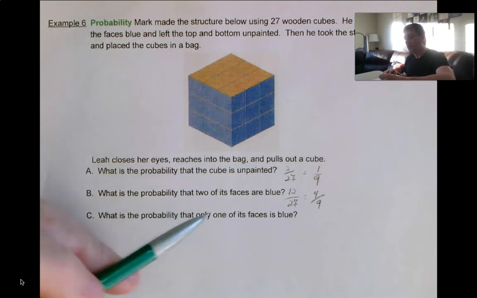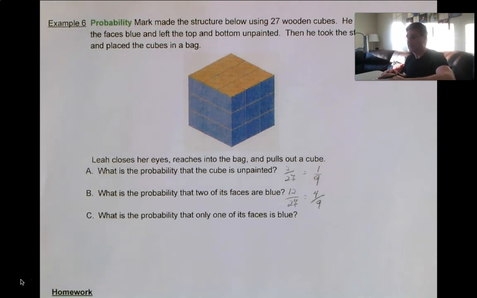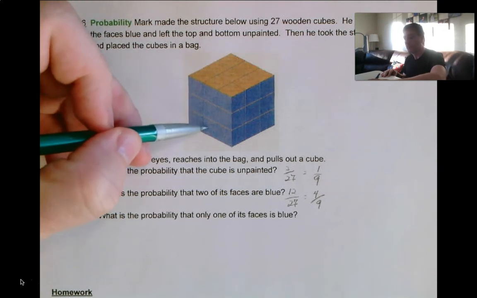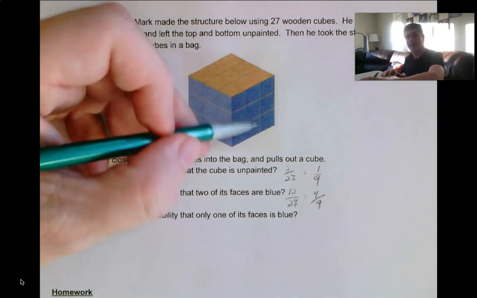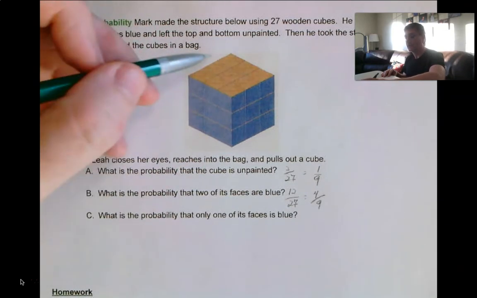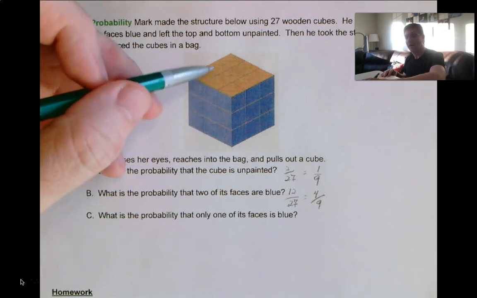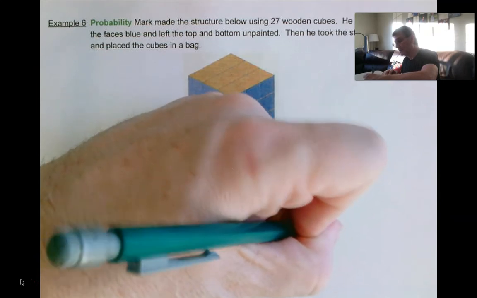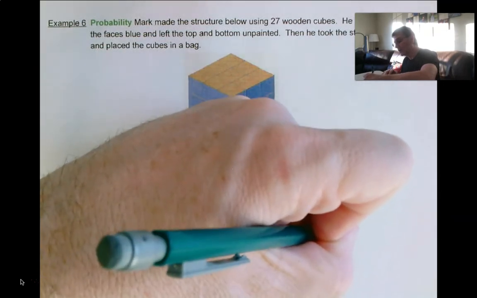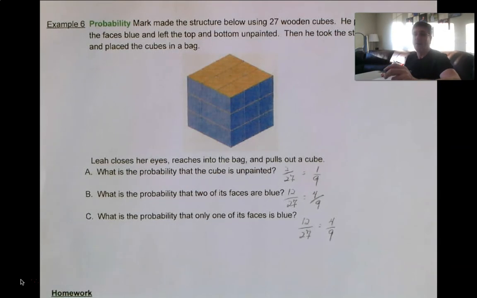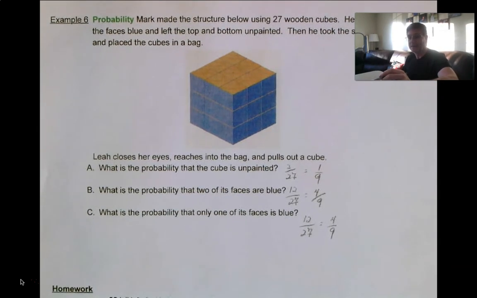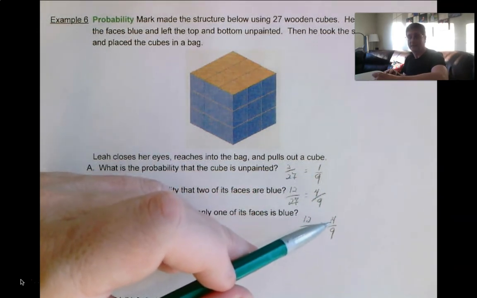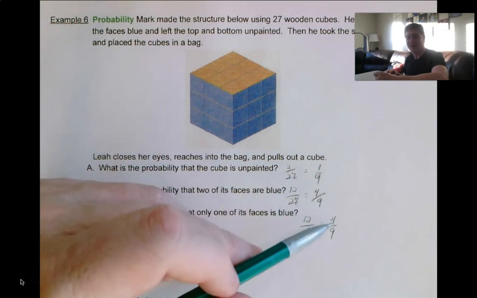What's the probability that only one of the faces are blue? Let's count them. That has only one face that's blue. 1, 1, 1, 1, 1. There are 4 columns of 3 each. There are, again, 12 out of the 27, or again, 4/9. Now, this should make sense because 1/9 plus 4/9 plus 4/9 is 9/9,